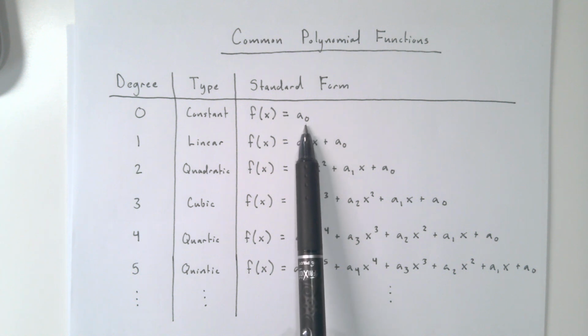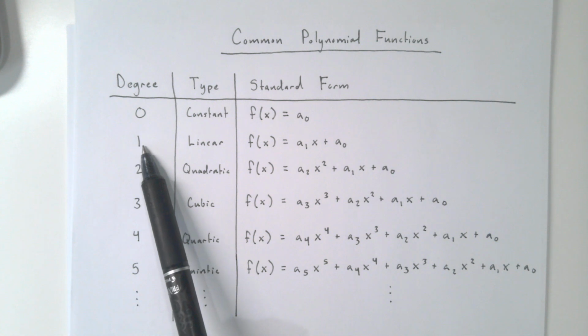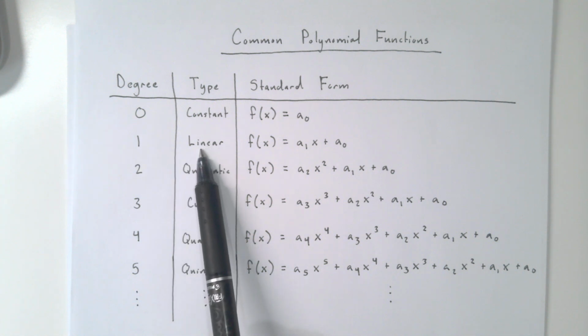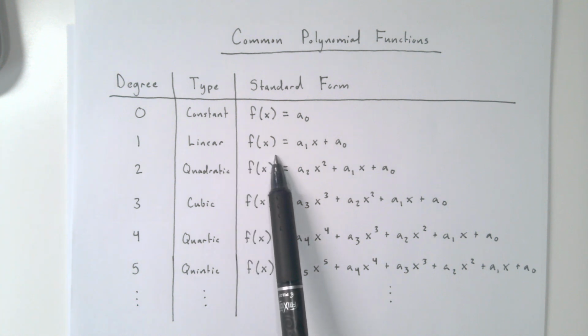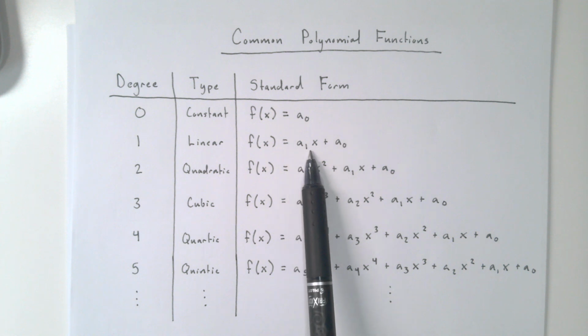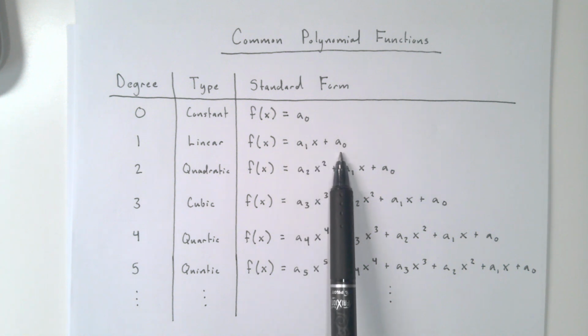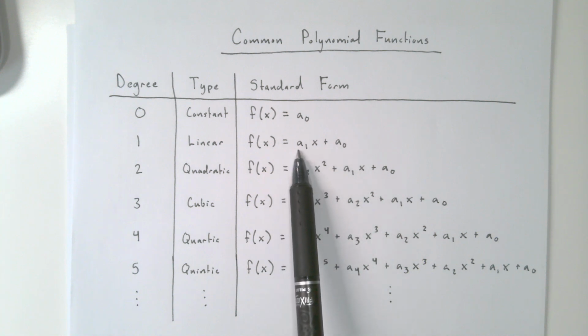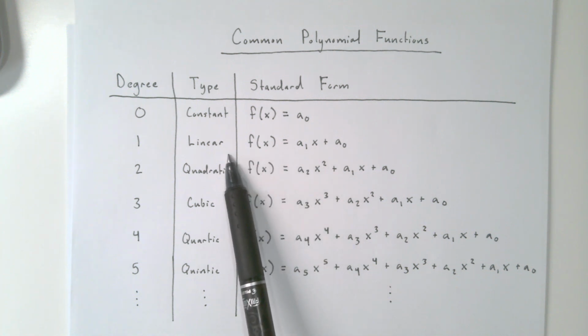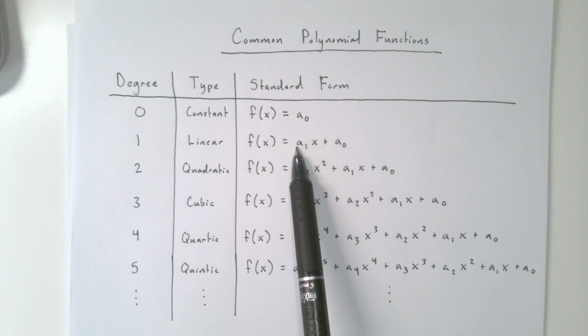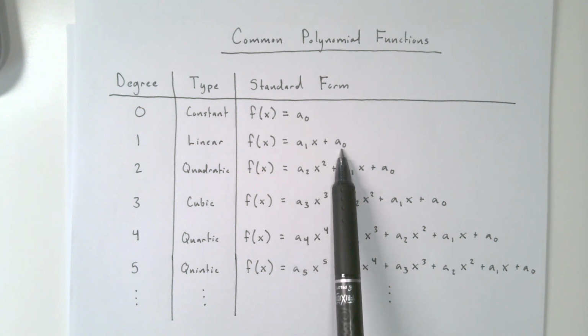It's just a number. Our first degree polynomials we call a linear function, and those are the ones that we see mostly in Algebra 1 and at the beginning of this course in the first semester. It was something like a number times x plus another number. And this number here could be 0. It's important that what we call the leading coefficient, so this a sub 1 in this case, is not 0, or else it's not a linear function anymore. It'd be a constant, because 0 times x is just going to be 0,